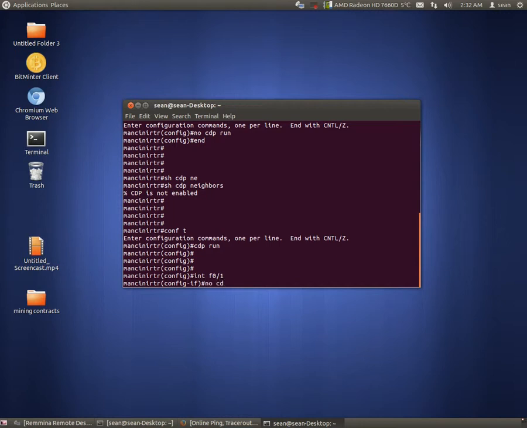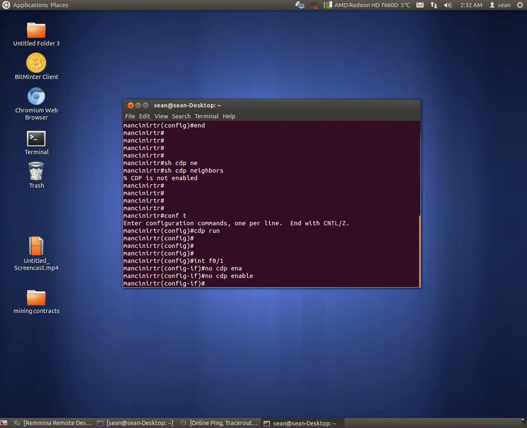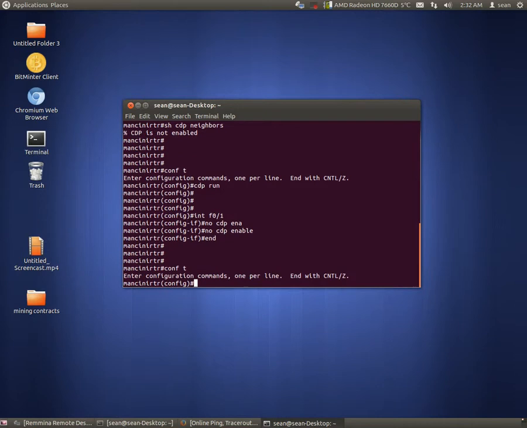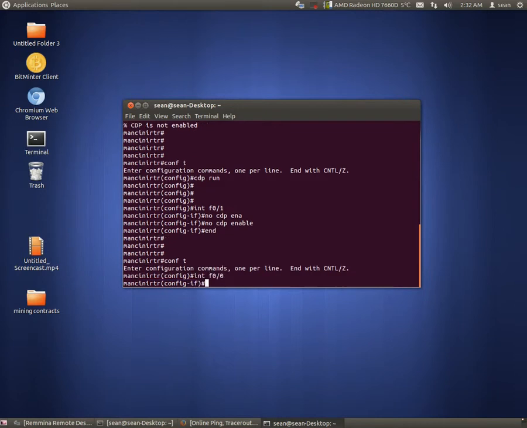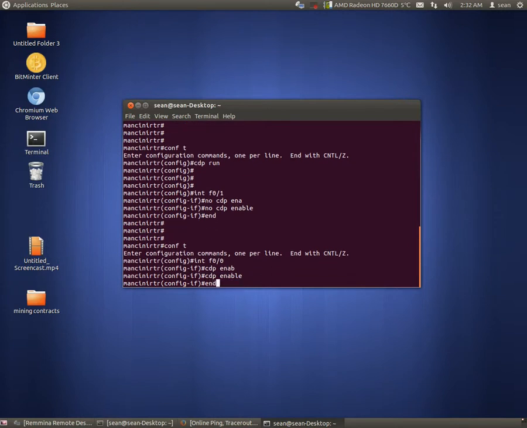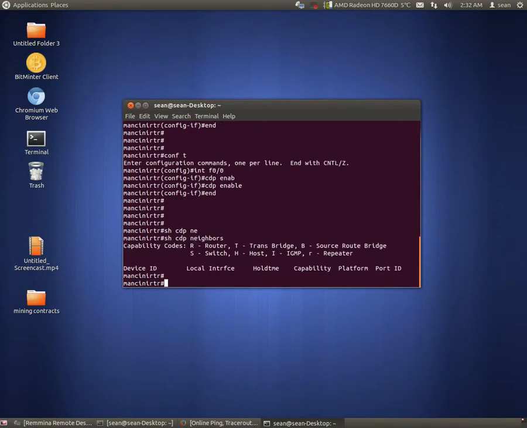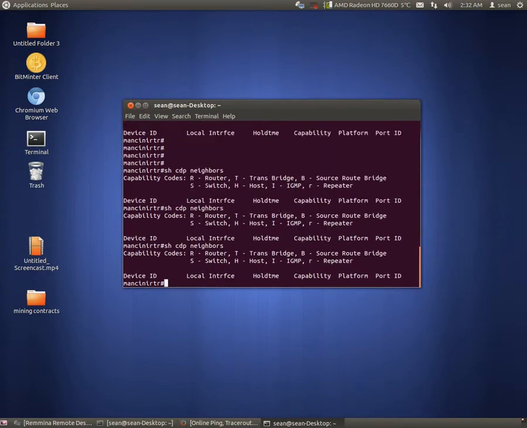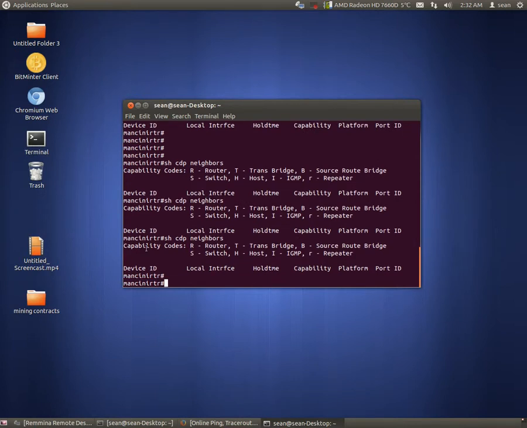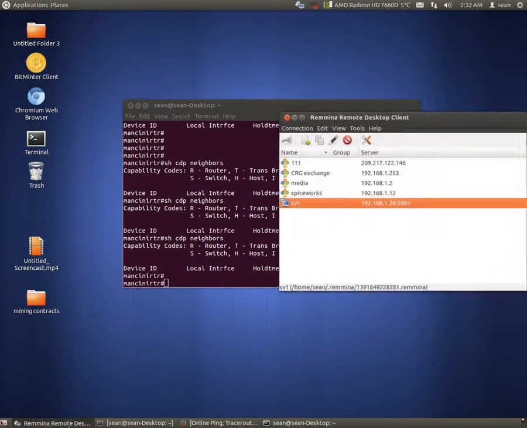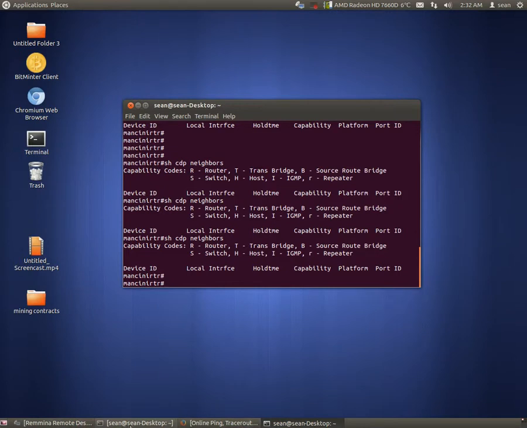We'll just do no cdp enable. No cdp enable will tell the router not to send CDP traffic out this particular port. Then I can just go to my outside port, or the port I want to enable, and just do cdp enable. That will send CDP traffic out the other way. That port is not connected to another Cisco device, so you're not going to see that. So if I go to a packet sniffer now,